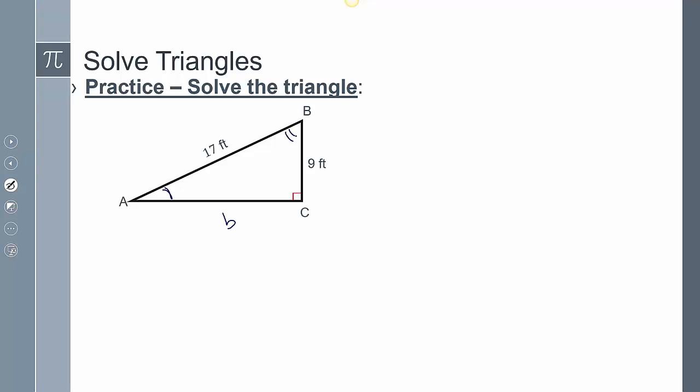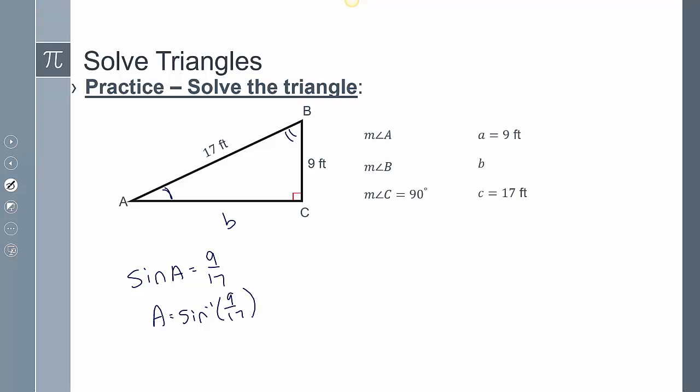Now a way to find angle A is I can say, well, I have the sine of A equals opposite over hypotenuse. And so if I do the sine inverse to both sides, that's going to give me angle A. And so if I enter that into my calculator, it's going to give me approximately 31.97 degrees. And so to find angle B, if I did 90 minus 31.97 degrees, that's going to give me about